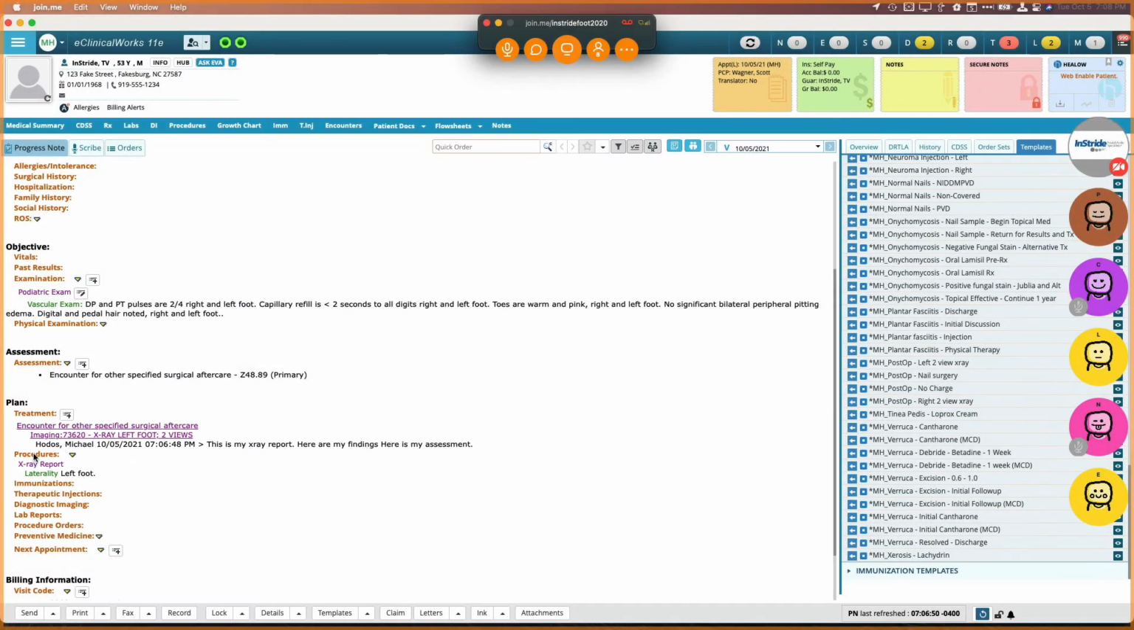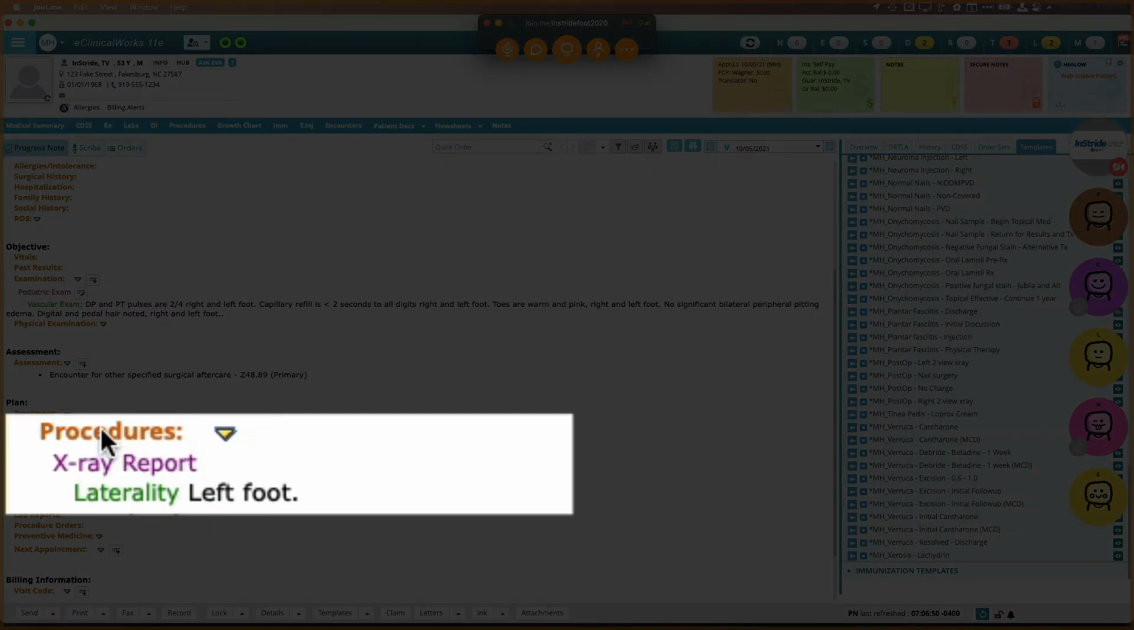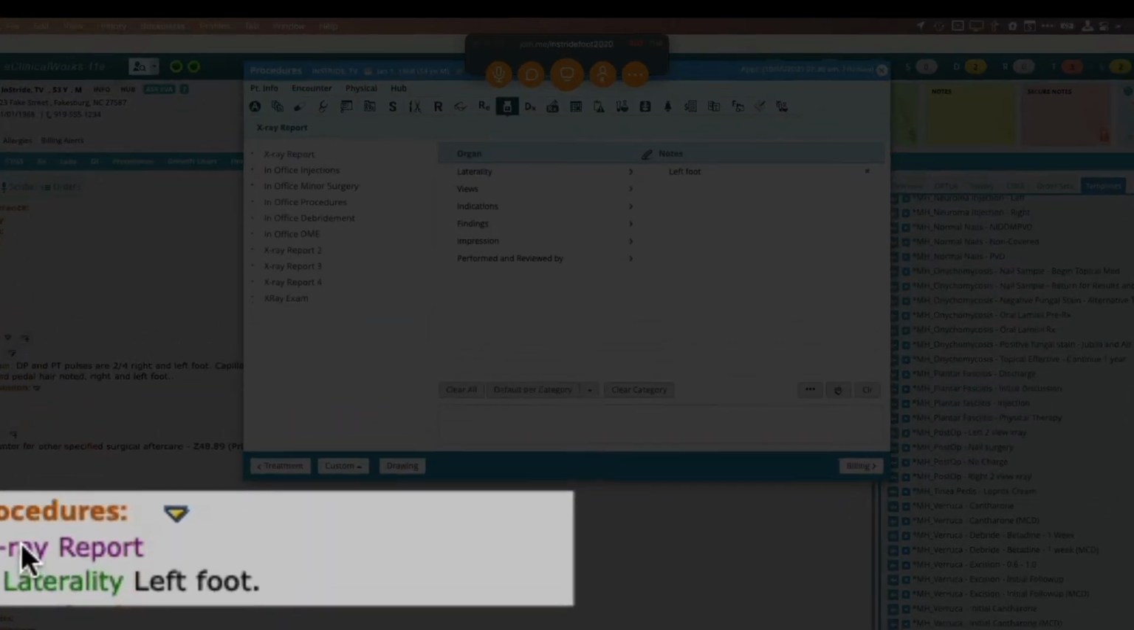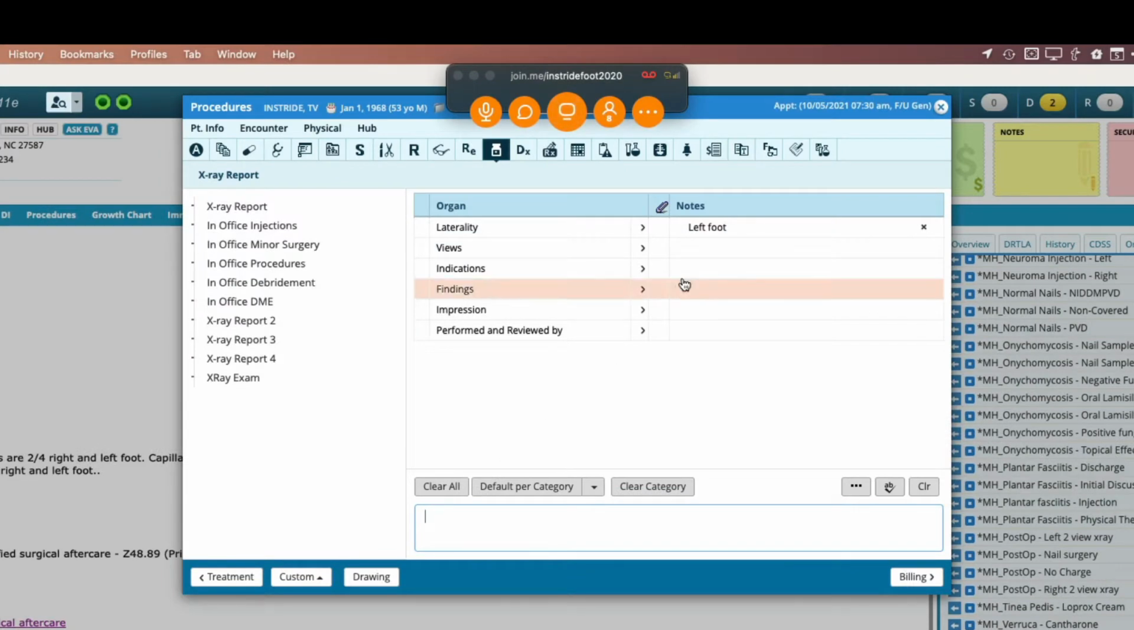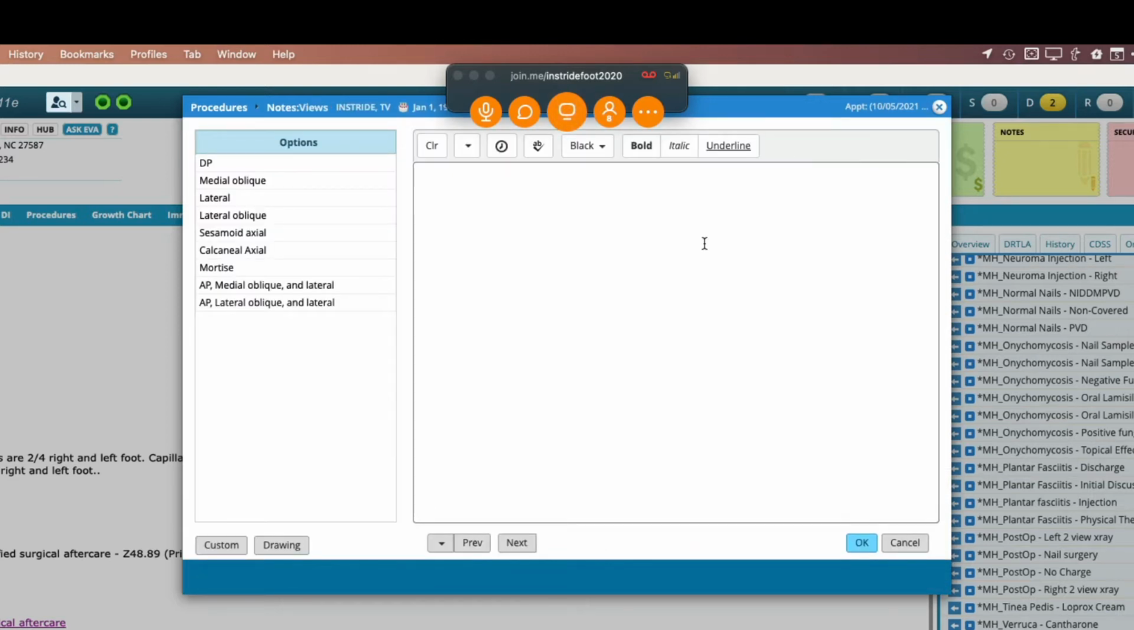I put my X-ray report in procedures. I have also, in this template for my post-op X-ray with 2 views, started my X-ray report by entering left foot into the laterality. I can go right back into that X-ray report box, and it takes me right to the X-ray report. That is this X-ray report right here, where it has the laterality,